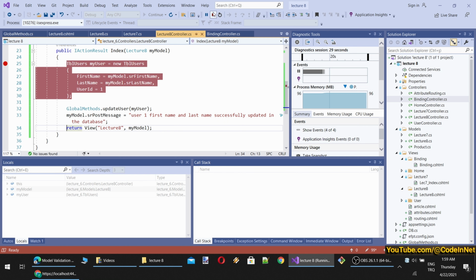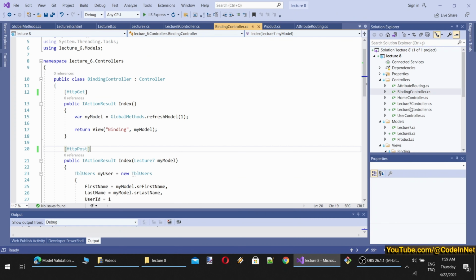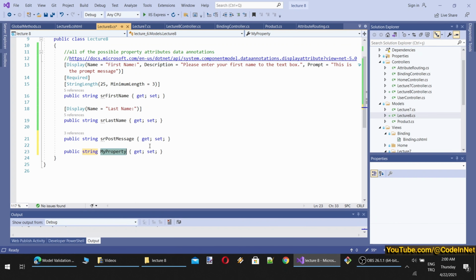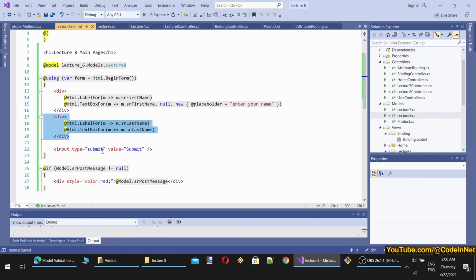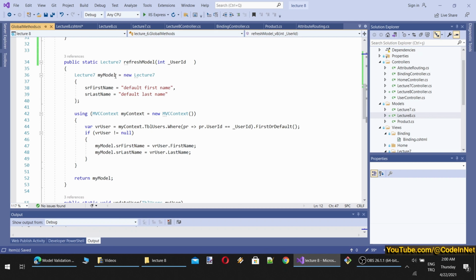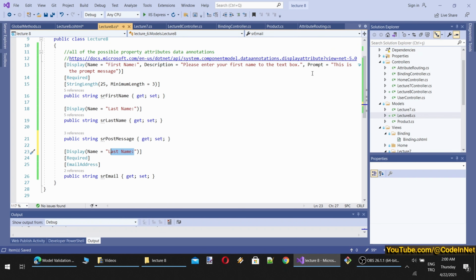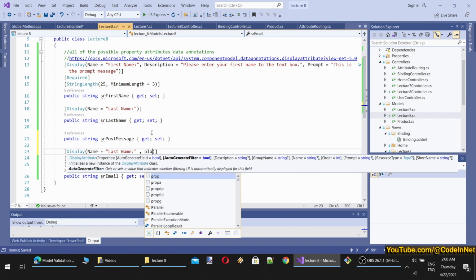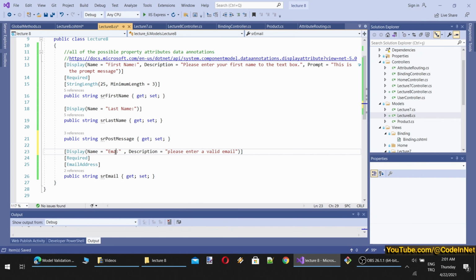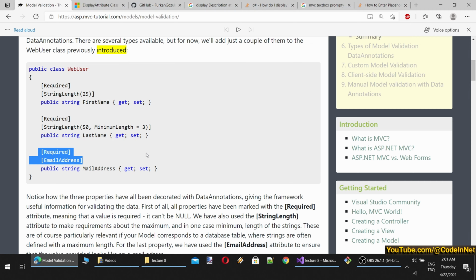Let's also add an email address to our model here. Okay, string Email, and this email will also require email address validation. I will also generate fields for email. Let's also set a display name for email. I think I will also set a prompt. No, this is the watermark. This is not related, this is description UI. Do we have placeholders? No. Let's try description email. And let's continue.